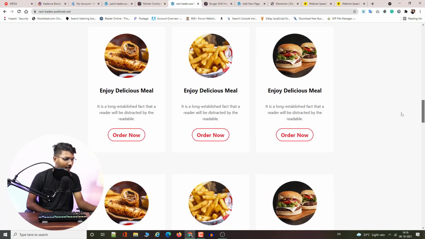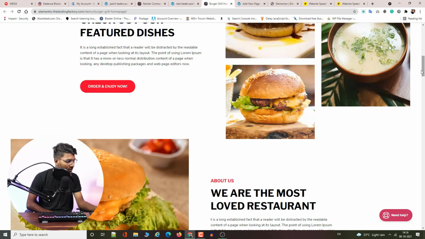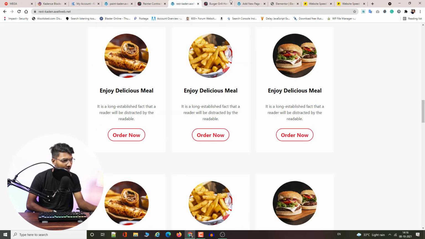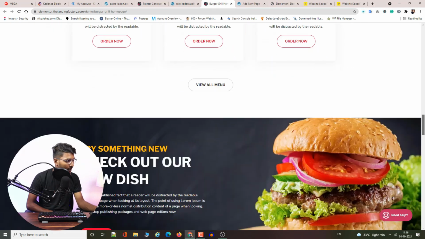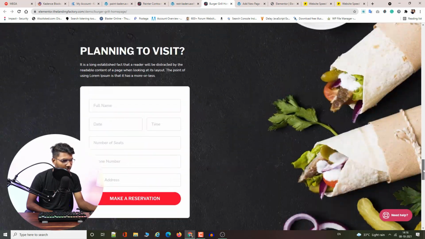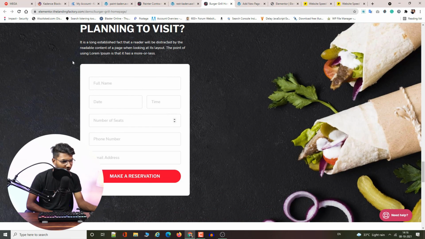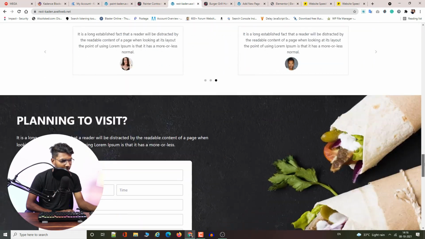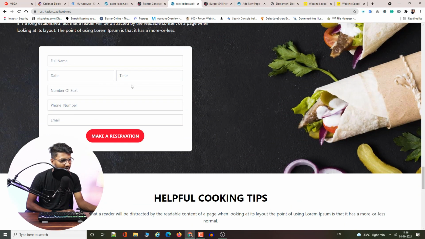Okay, and here is the menu, which I have designed using the block editor. The same menu is designed here. They have this dollar sign which I have not added, because as I say, this is the minimal design I have imported. But I have included all the images used in this. Then here is the form designed using Elementor, and in this tab we have the form designed using Cadence Blocks.